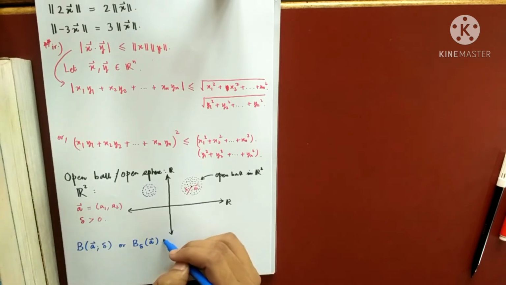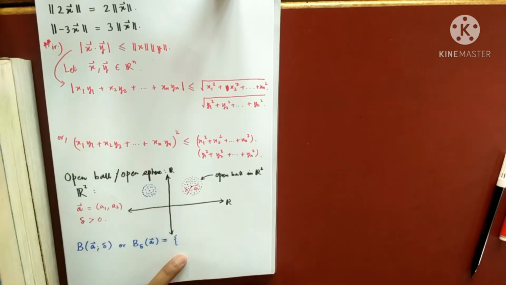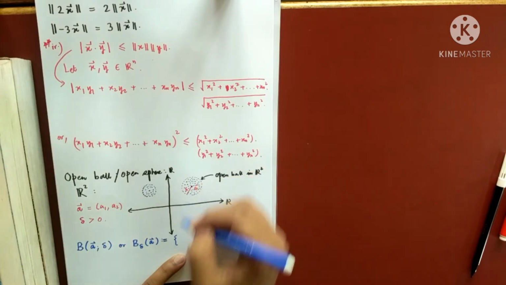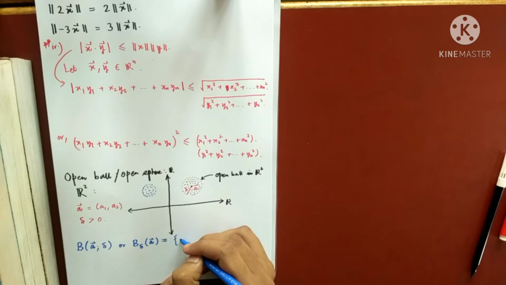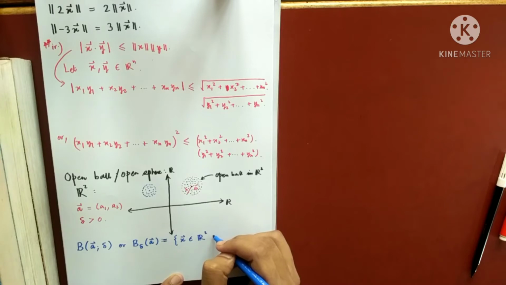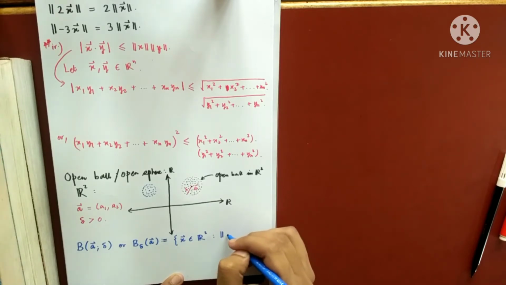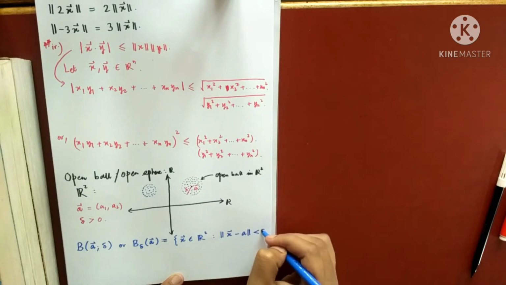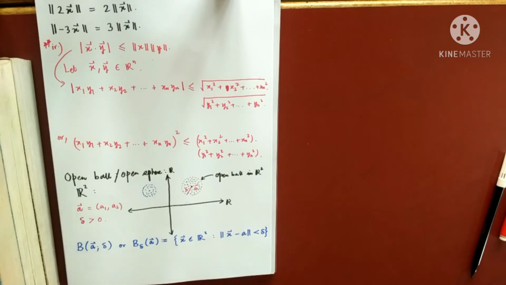Listen to this. So how is it defined? First of all, remember, this is just the meaning of the definition. It is a collection of all those points in R2. This only comprises points. This is a set. So all those x in R2. What kind of points? Those whose distance from A, so how do we find the distance now? The norm is strictly less than delta. So this is what I mean by an open ball. I should write a vector here, right?